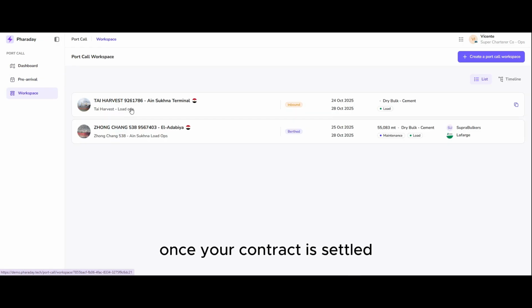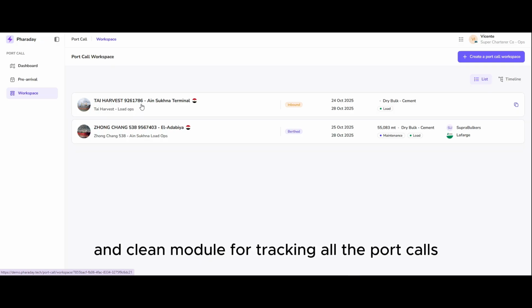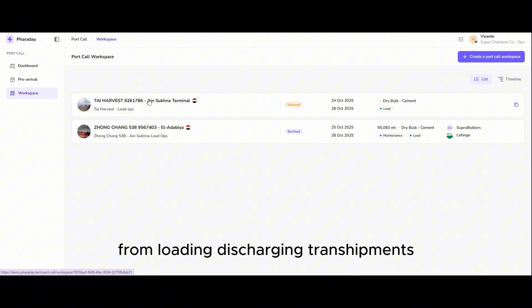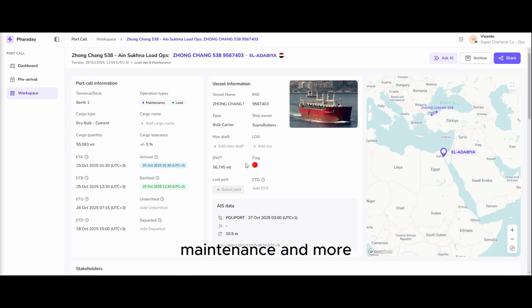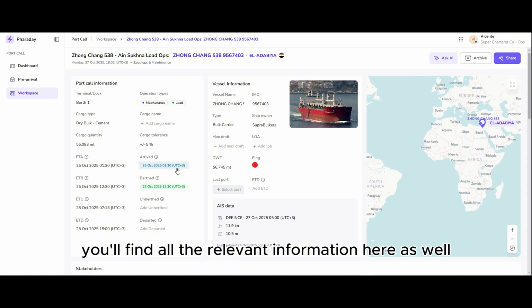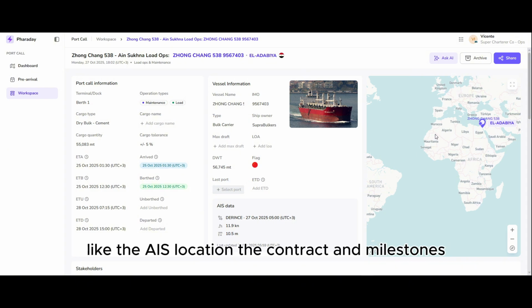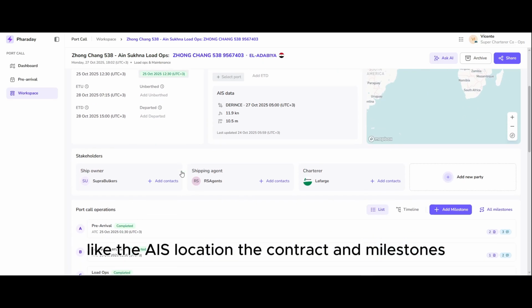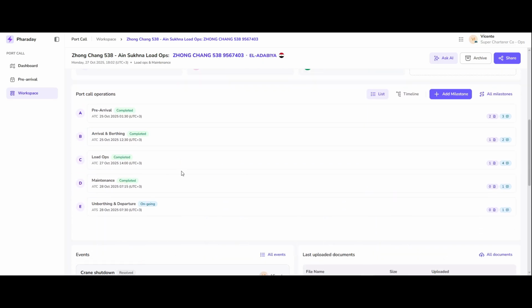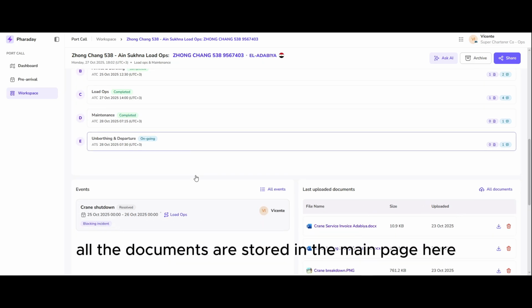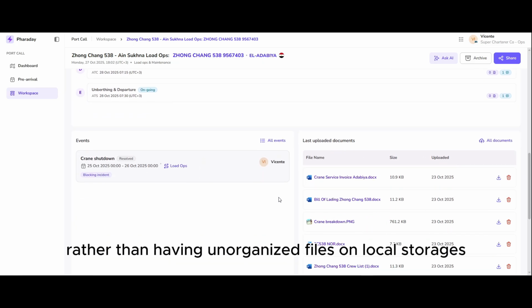Once your contract is settled, we have a user-friendly and clean module for tracking all the port calls, from loading, discharging, transshipments, maintenance, and more. You'll find all the relevant information here as well concerning the shipment and vessel details, like the AIS location, the contract, and milestones. All the documents are stored in the main page here for easy access, rather than having unorganized